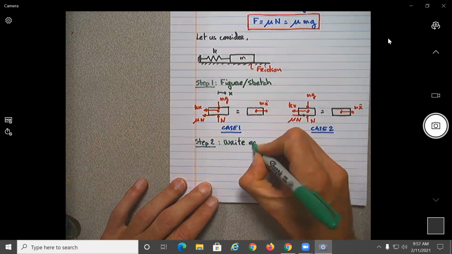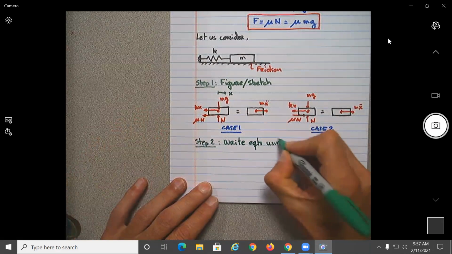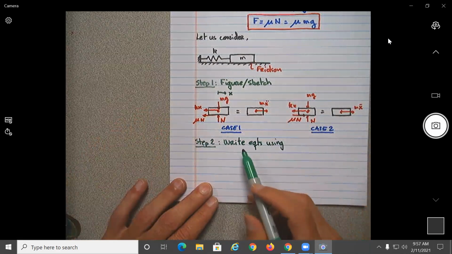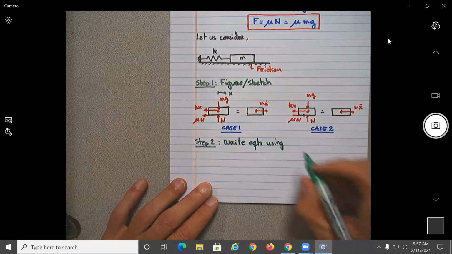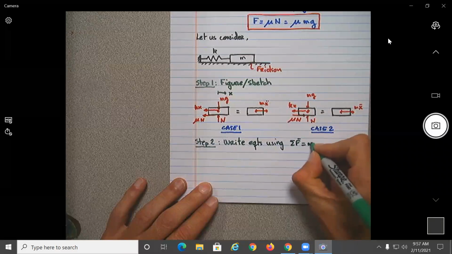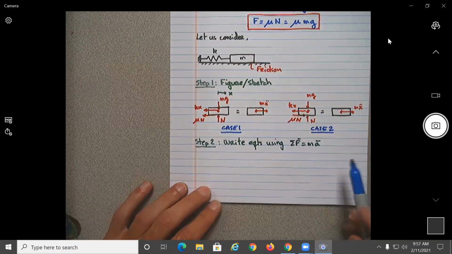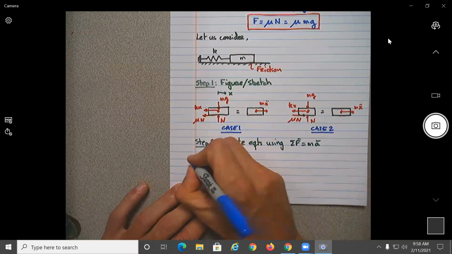Write equations using, in this case, what type of motion are the objects having? Just translation. So the only equation we need is summation of forces equals MA. Okay, so if we do that in case 1,